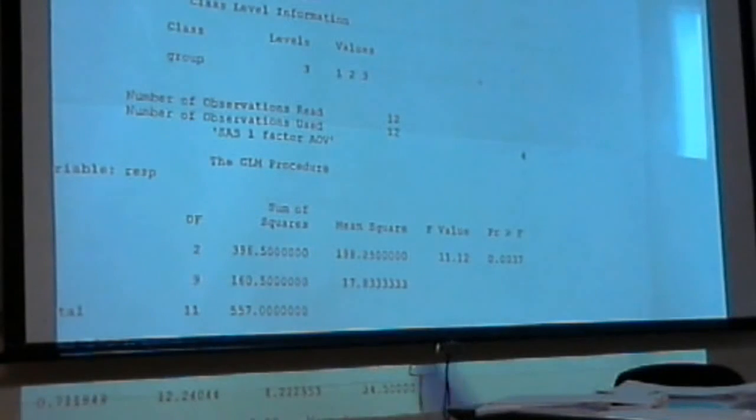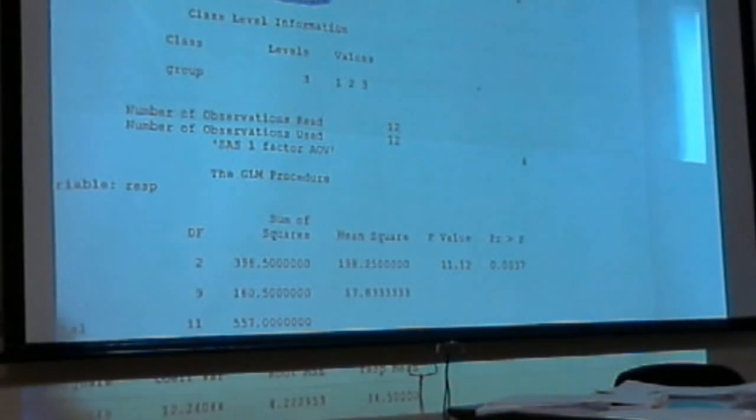It's got the standard stuff in it. It's got the model, the error, corrected total is just our total. There's the degrees of freedom, sums of squares, mean squares, F value, and finally, the last entry is the p-value